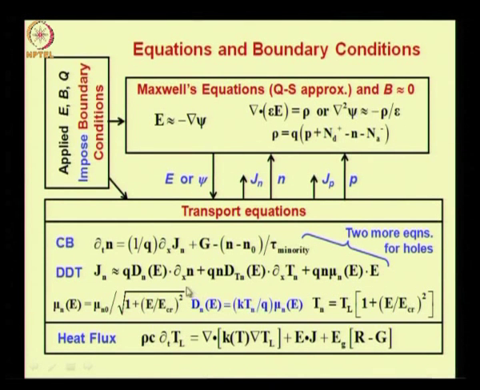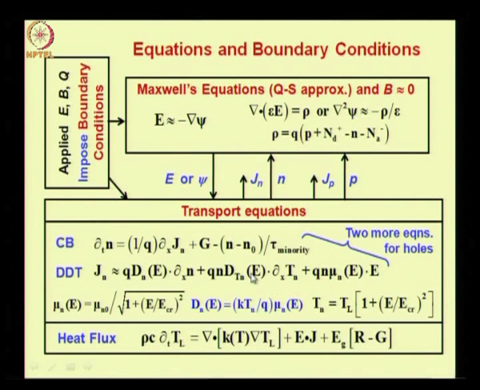So you see that in the drift diffusion thermoelectric current formulation with field dependent mobility you only have 2 equations, the carrier balance equation and the combination of momentum balance and energy balance equation absorbed into the drift diffusion thermoelectric current equation. Now you have 2 equations for electrons and 2 more equations for holes.